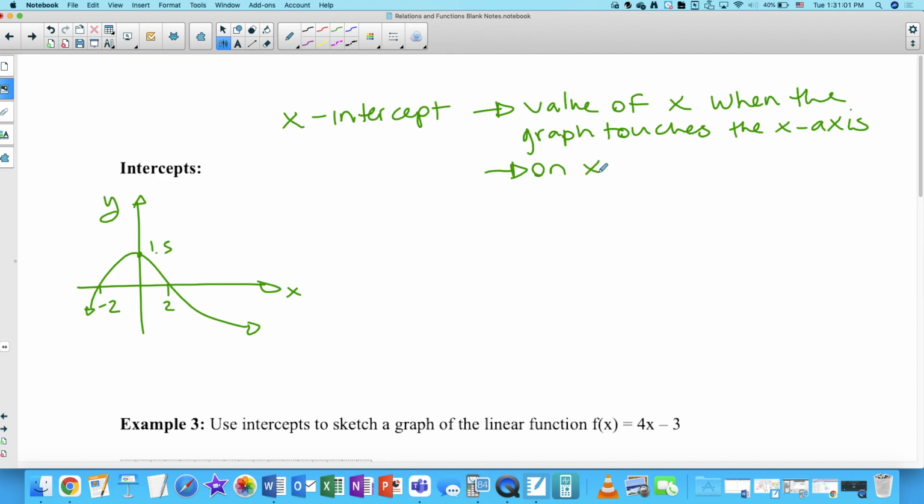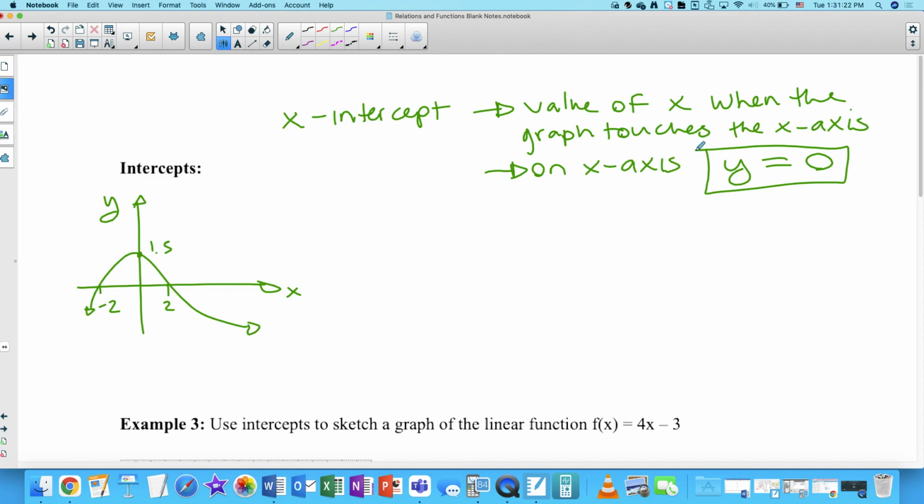Okay, if you're on the x-axis, vertically, you're at a height of 0. So y will always be 0 on the x-axis. Right? Think about it. No matter where you are, the y value is 0. Okay? Now, y-intercept